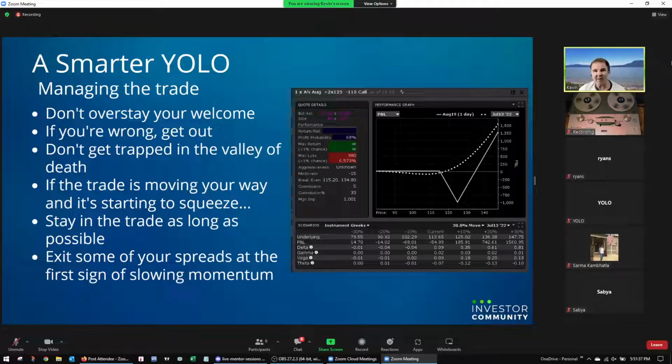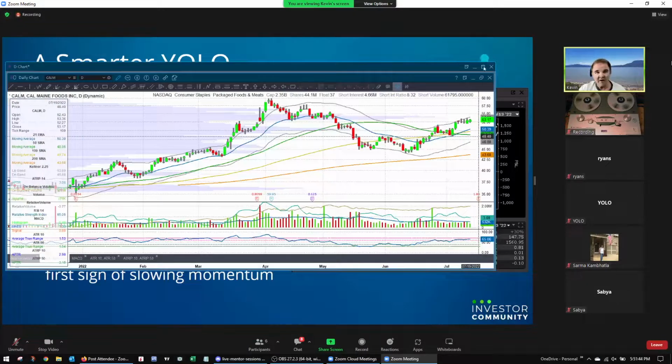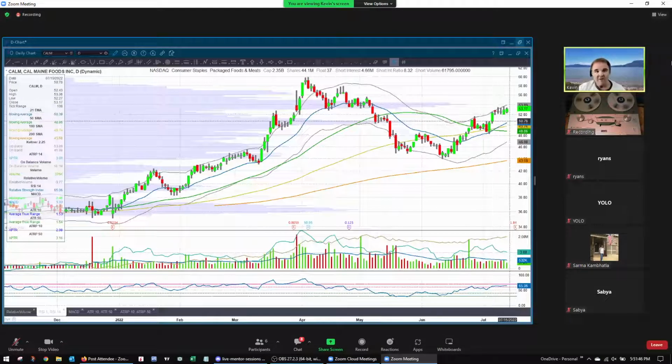So what does that slowing momentum look like? Let's take a look here. Here, I'll just bring in the chart of COM. Now, let's say that earnings were on this day right here, right? And so this started jumping up, it's going up, everything's looking great. Goes up, and then this day comes. It goes up a little more, and then it goes green to red. It starts coming down. It's coming down, it's coming down. Well, you know what? When you're looking at this, you should probably be thinking to yourself, ooh, this is not good.